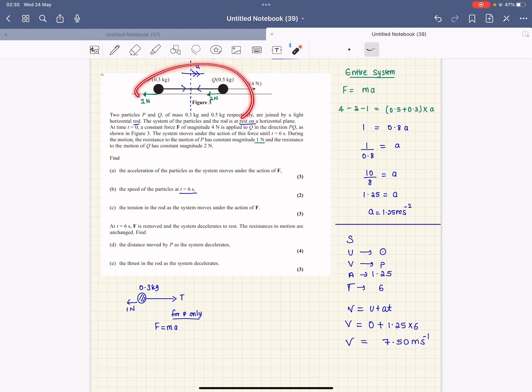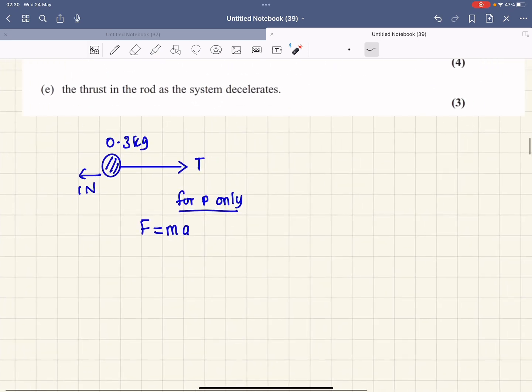So as an overall system, the tension negates both sides. Therefore, we cannot use F equals ma for the entire system to calculate it. So when you do F equals ma for the entire system, do not put T as part of your calculation. So you've got to disconnect this system into 2 parts, and then you've got to apply F equals